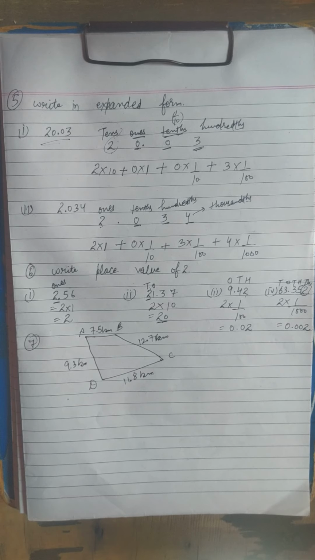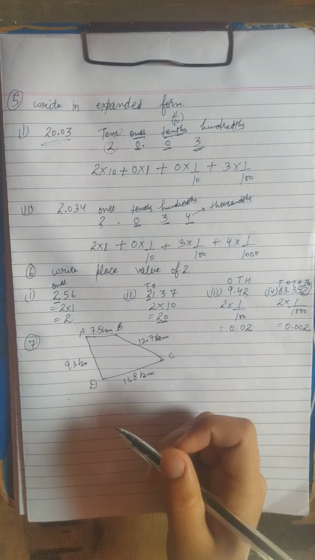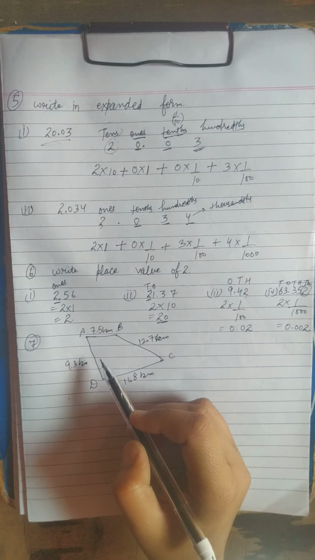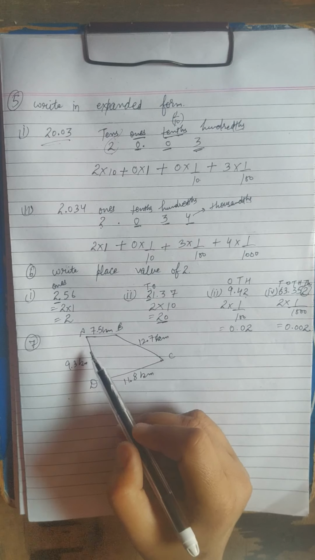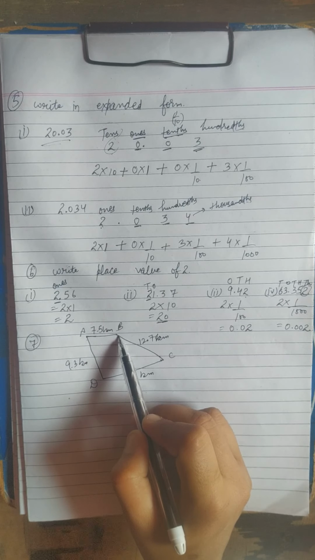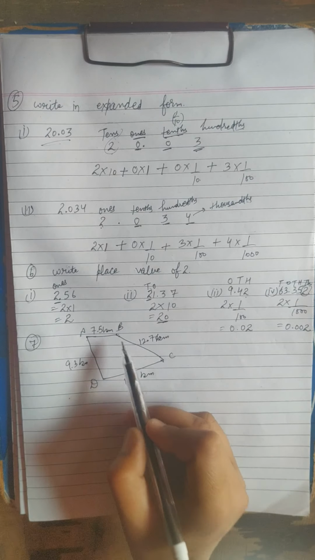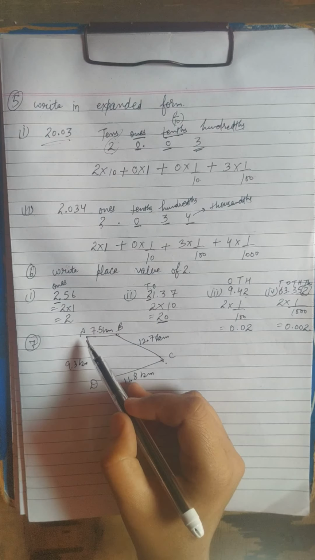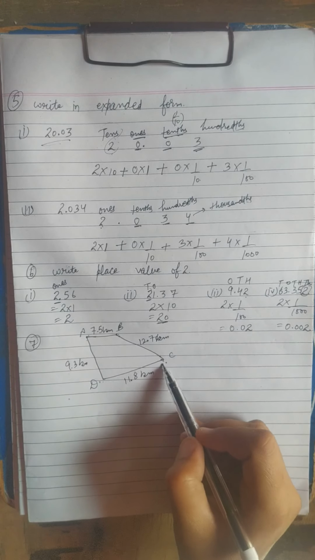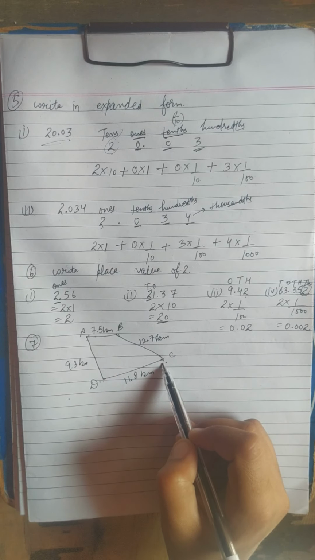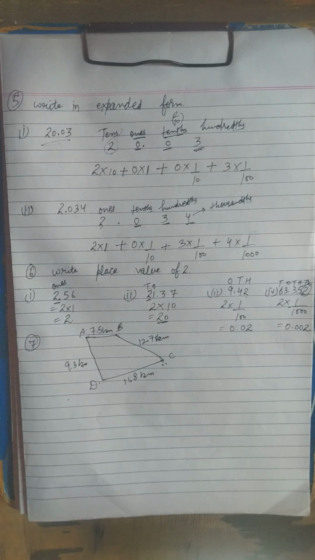Okay, next statement you can see from your book. In that statement you are provided with the diagram. Okay, Dinesh went from place A to place B. Okay, then from place B to place C. Okay, Dinesh went from A to B, then B to C. Okay, and Ayubu went firstly A to D, then D to C. Okay, we have to find that who has covered less distance. Okay, and who has covered more distance.